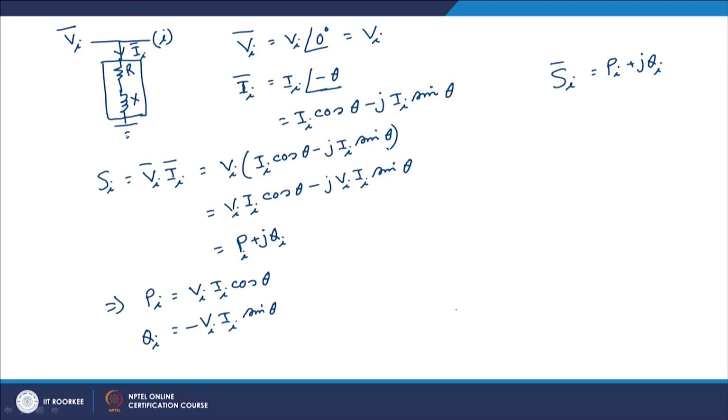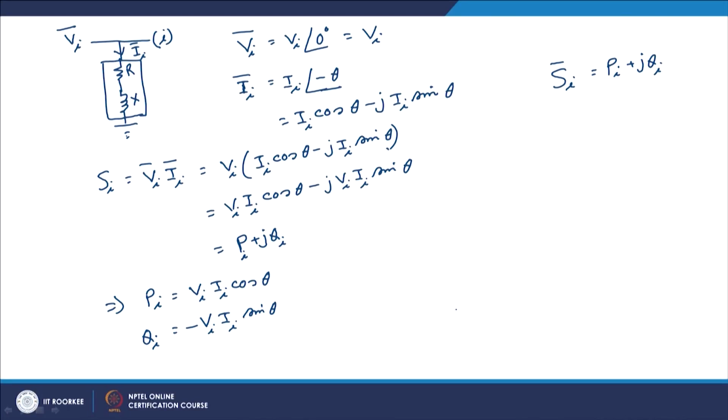So, we can see that if we take only Ii, then Qi becomes a negative quantity, which is in contrast to our convention, because our convention says that for an inductive load, and here our load is inductive because it is nothing but R and X,